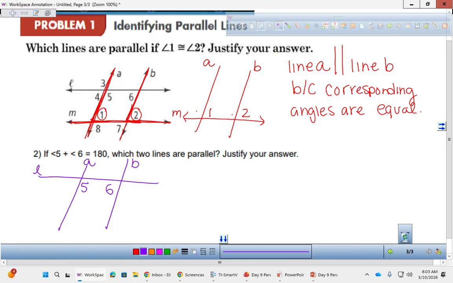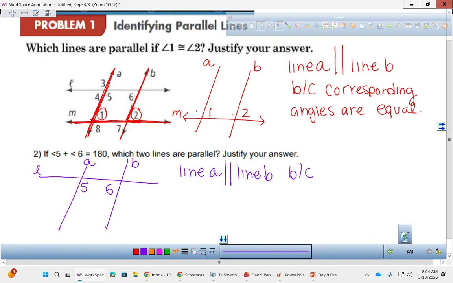So based on this picture, which two lines are parallel? A and B again, okay? You could see how somebody might think L and M, because they look parallel too, but you have to use what you're given in the picture. 5 and 6 are giving me A and B, not L and M. So I would say line A is parallel to line B